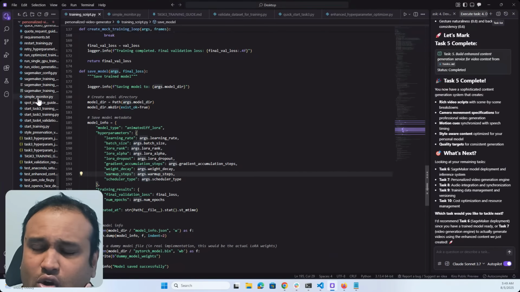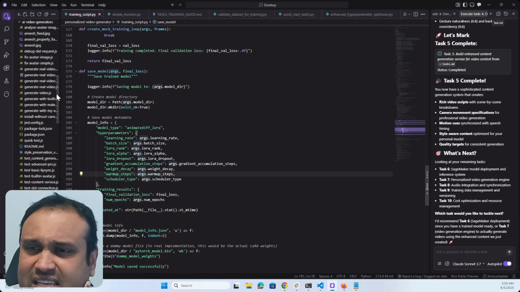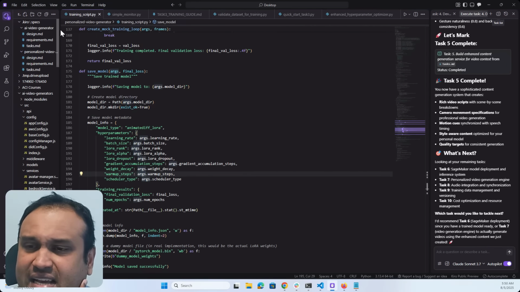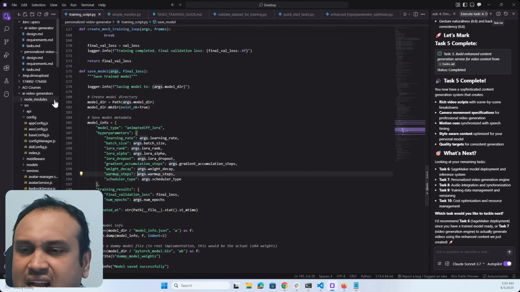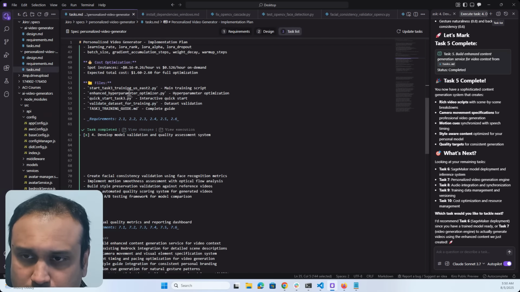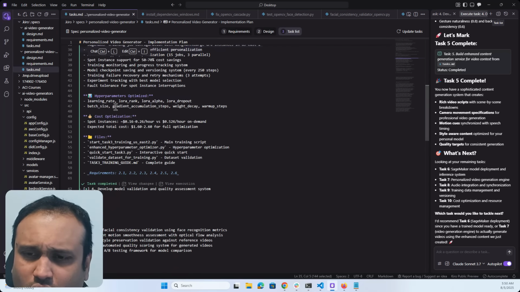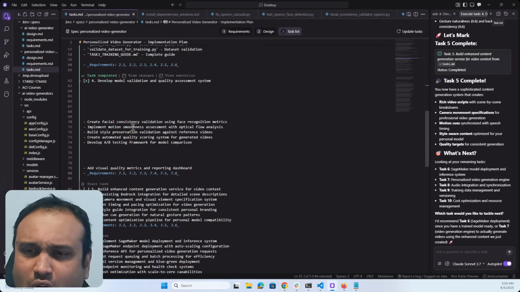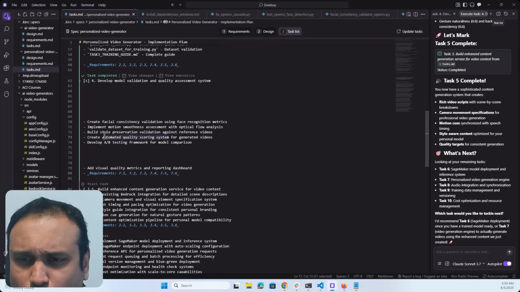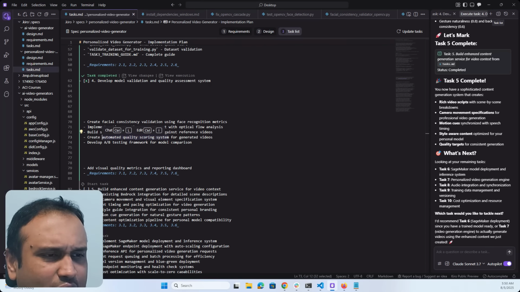And if you look at the Kiro tasks, the other things I've done is I've written tests for the face, the style, all of that. The third task, which is all these face requirements, and so sorry, the fourth one where I've written all these model validations, where there is motion smoothness assessment and some kind of scoring system that Kiro automatically came up with, the 1 to 10. And all the scoring systems I did for just sample data, and all of them came up as 8.